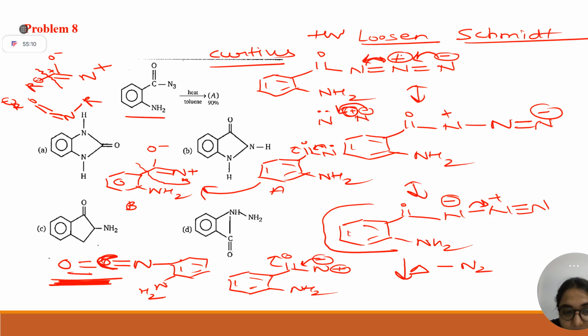But another thing is, you are having an internal nucleophile here. What is that? This alpha amino group. How many member ring will form? One, two, three, four, five, a 5 member ring is forming. This will attack onto this carbon. This bond will break, and which product will you get here, students? Option A. Okay, let's see. NHCO NH. Very good. So option A is the correct answer. Clear?